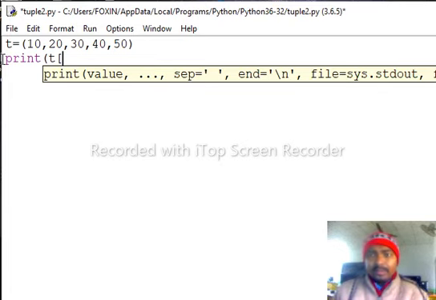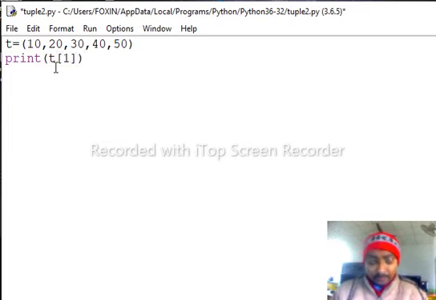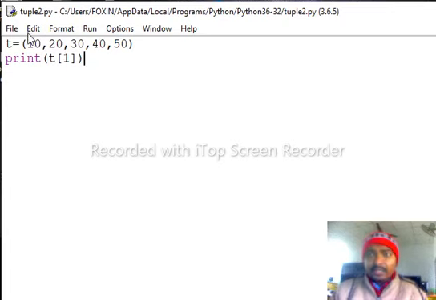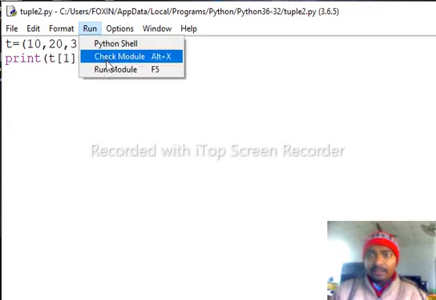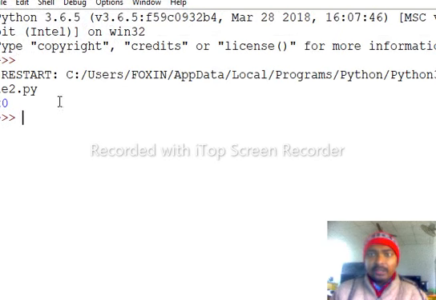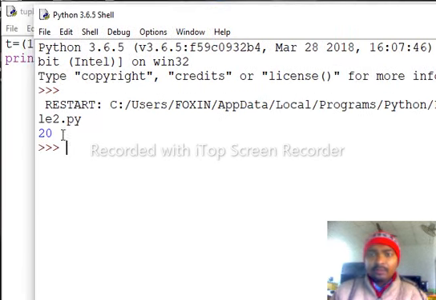Okay, I want to print 20. The index position of 20 is 1, so simply pass 1 here. Now save this file and run to check. Then we can see as output 20.